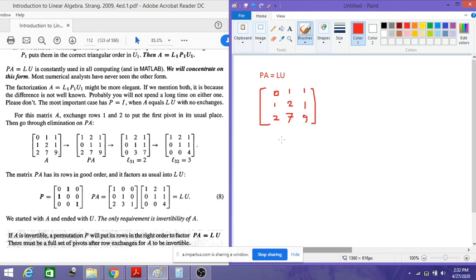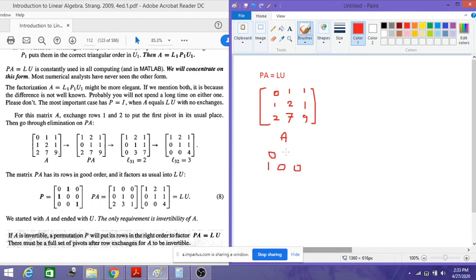So this is our A matrix here. We cannot factorize this, or we cannot find its upper triangular form, because the first pivot itself is 0. So to do this, what we need to do is multiply this by a permutation matrix. I'll bring the first row to the second row and the second row to the first row. To do that, we have to write the identity matrix in the order such that